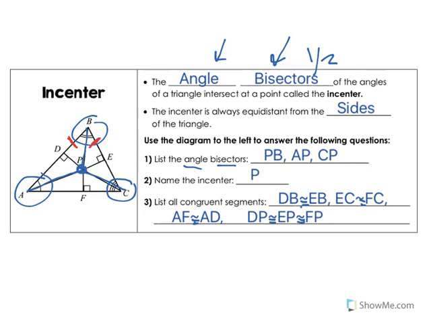DB will be congruent to EB. So that's this first set that we have written there. EC would be congruent to FC. So that's that second set. AF would be congruent to AD. And then the last set,